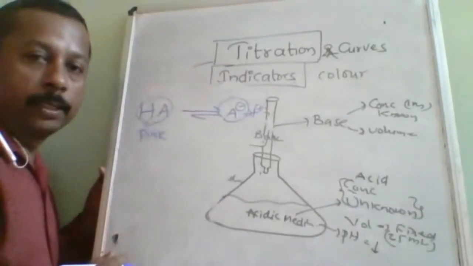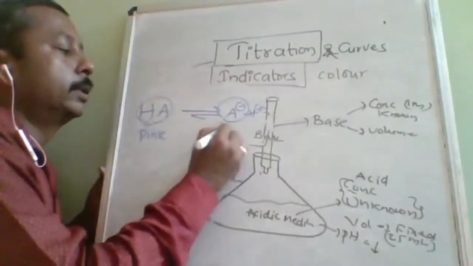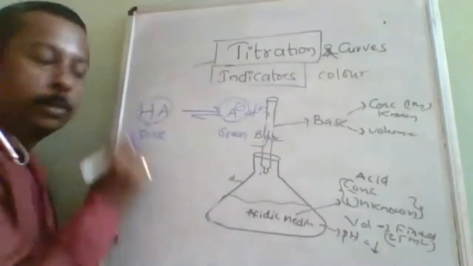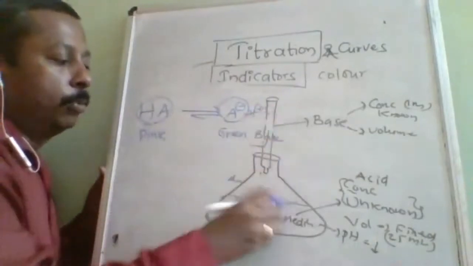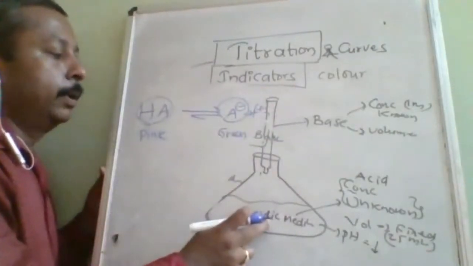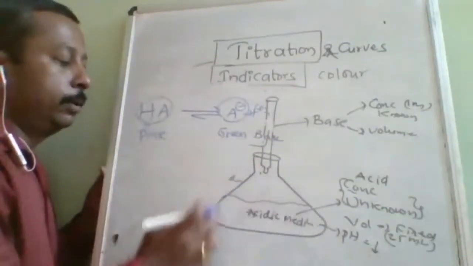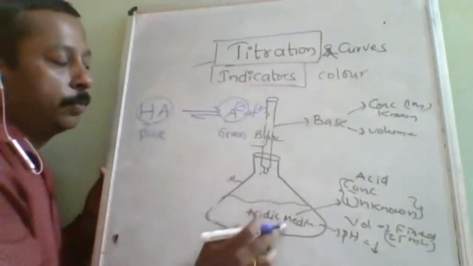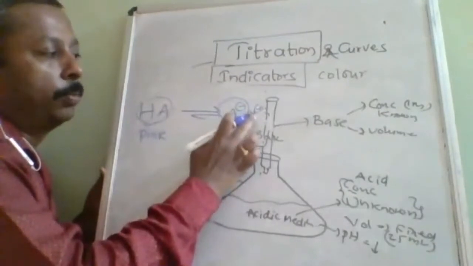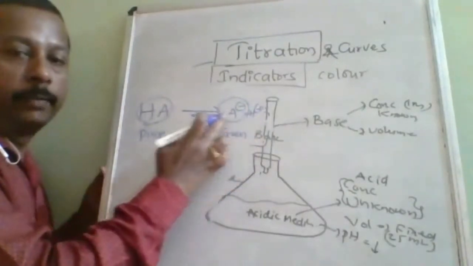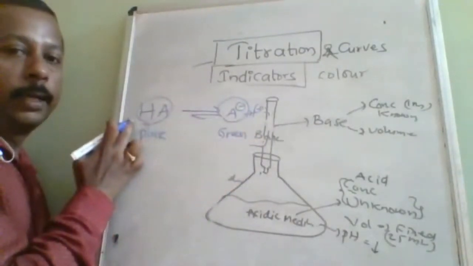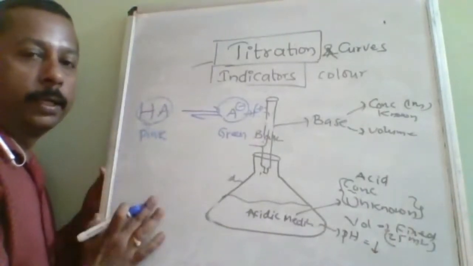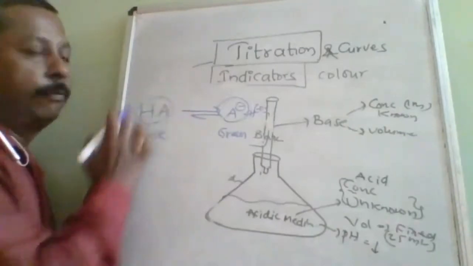It will take it as a pink. Now let us take green, an imaginary color. When the indicator is initially put into acidic medium, the entire solution will be in which color? Pink, because the acid is providing H plus. So when you provide more product, the reaction will occur in the backward direction, and pink color will be there. Understood? All the indicator will be in HA form only.